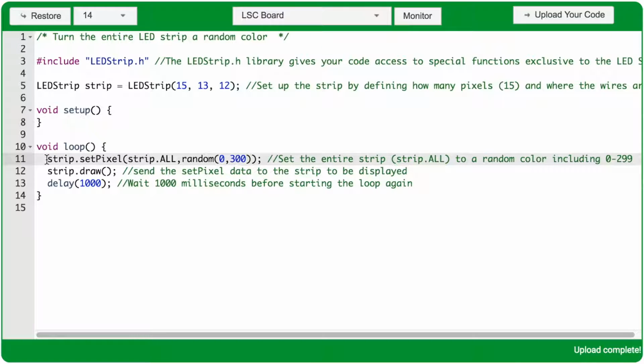Inside the void loop, you're first going to use the setPixel function to set the number of pixels and their color on the LED strip. The setPixel function has 2 arguments. The first determines which pixel or pixels are going to be lit up. We use the strip.all argument to let the LED strip know we want to turn on all of the pixels